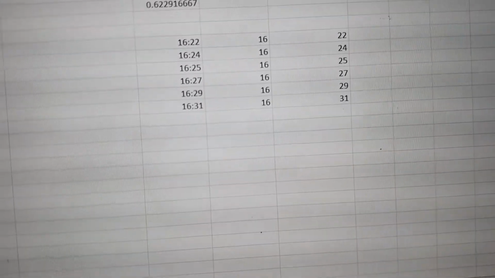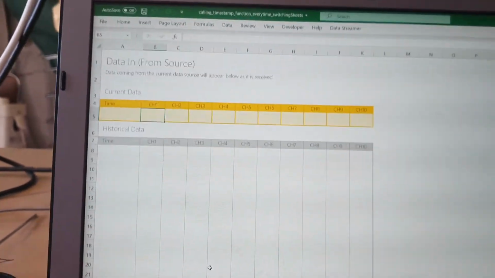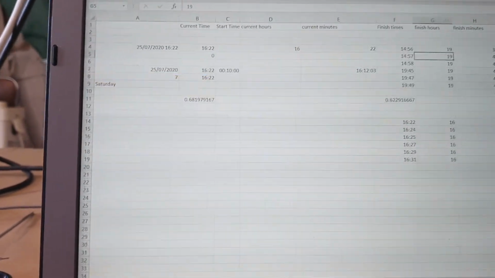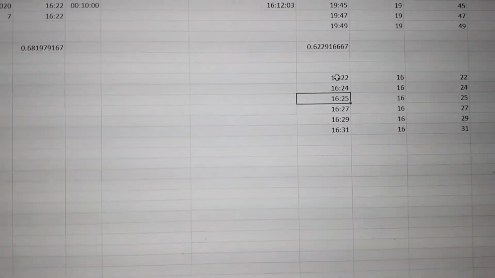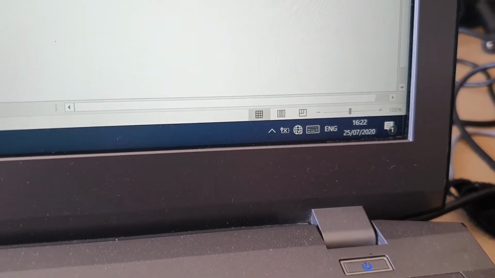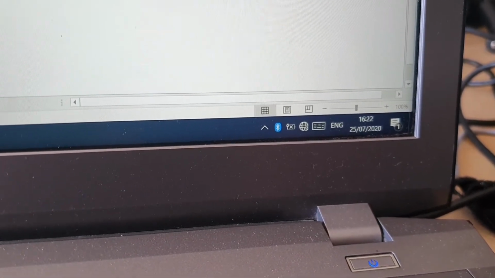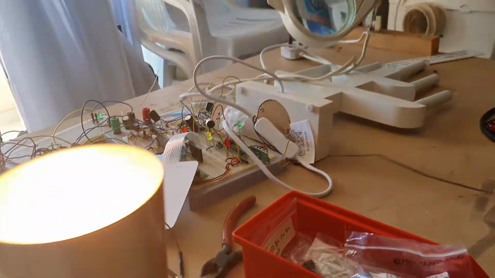Well, here I built a system where I use Excel as my time recorder. Over here I wrote various times, 16, 22, 24, and actually Excel is comparing those timings with the system clock of the PC. What happens is that when they are equal,